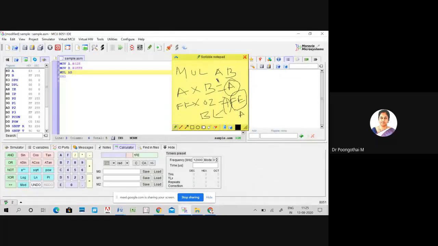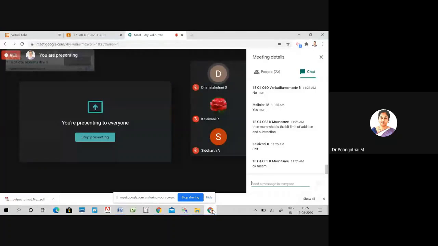So this instruction only works with the accumulator and B register. This is the syntax. You have to give your inputs through A and B, both multiplier and multiplicand. After execution, the accumulator content is multiplied with the B register content, and the accumulator will hold the LSB of your answer and the B register will hold the MSB of your result. Okay, is it clear now? Students, please answer yes or no.